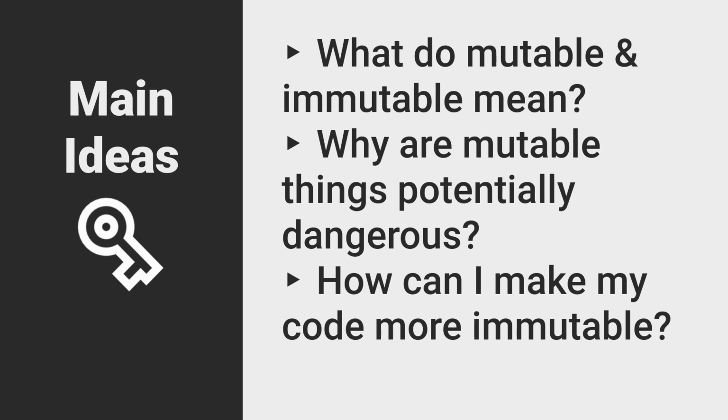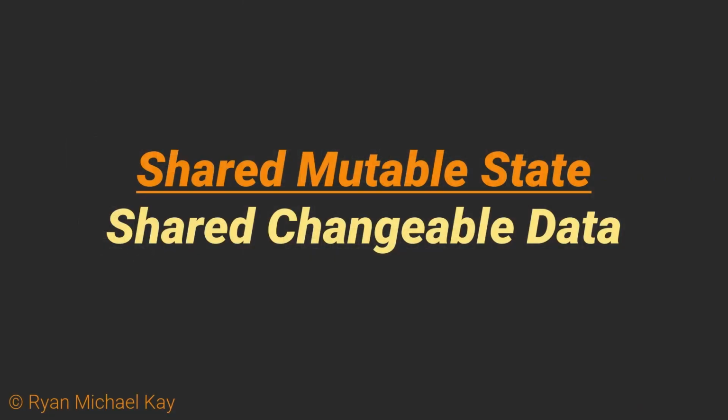With that being said, although the word immutable technically means something which cannot change, such as the laws of physics, I suggest that you think about immutable and mutable as being a spectrum, rather than thinking about them in the strictest sense of the words like a binary on-off situation. A key term you will want to become familiar with is shared mutable state.